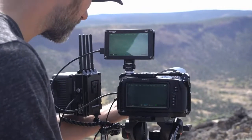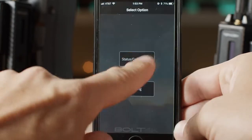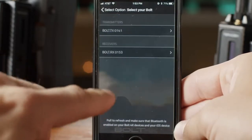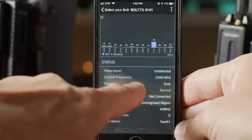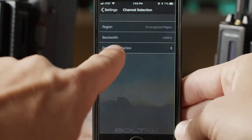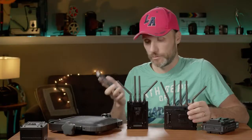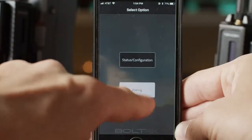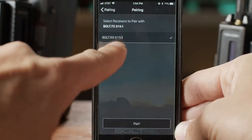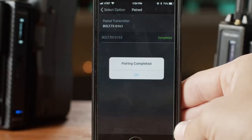Teradek also designed a really cool and helpful app. Right now it's only for iOS, but I've been told they're working on a version that's supposed to come out soon for Android. But anyways, the app lets you do things like, obviously, change all the settings with both the transmitters and the receivers. You can use it to pair both of them together. Or you can even apply, for example, 3D LUTs to the output,